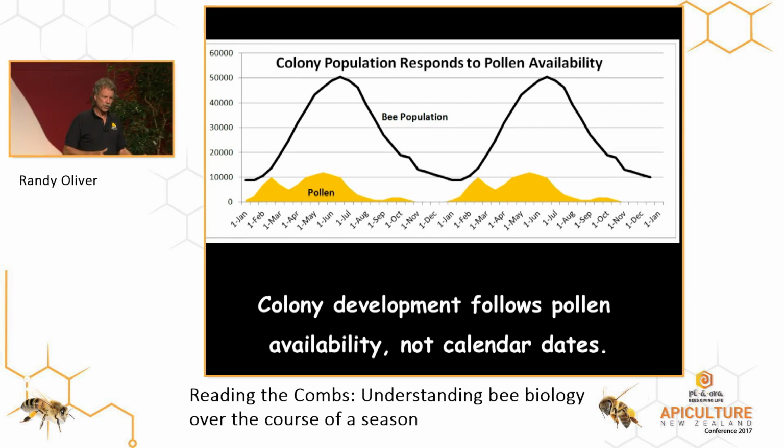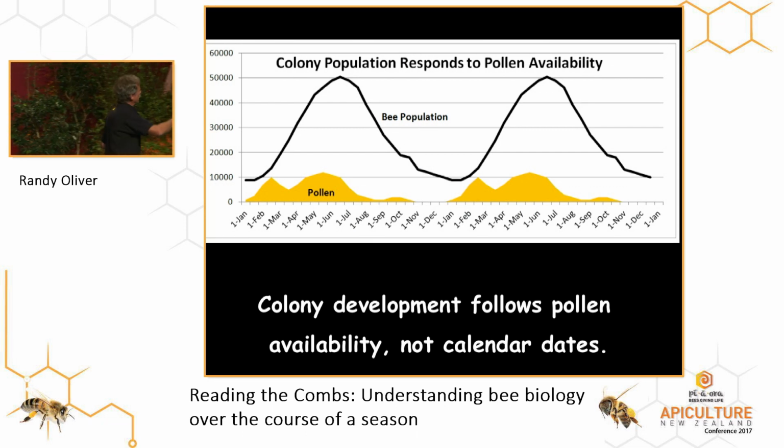Near the winter solstice, just before it, it starts raining, the plants start blooming, pollen starts coming in. That's their springtime. So they start their springtime before the winter solstice, and the shortest days of the year, they're building up, getting ready for the winter honey flow. The point is winter to the bees has nothing to do with day length. It has to do with pollen availability.